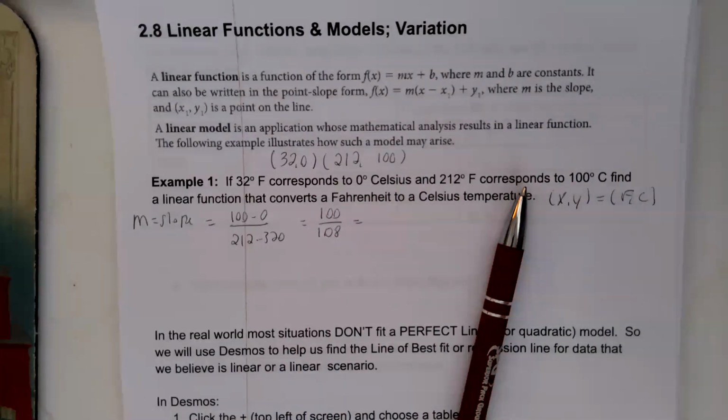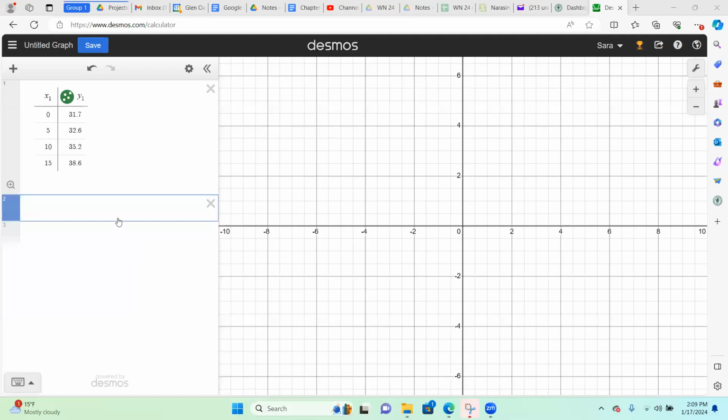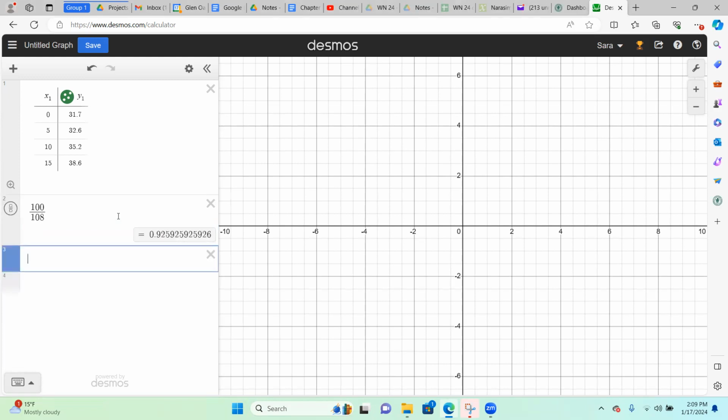And I'm going to go to Desmos to figure out what that is because I don't know. And that is 0.556. Okay, then I'm going to